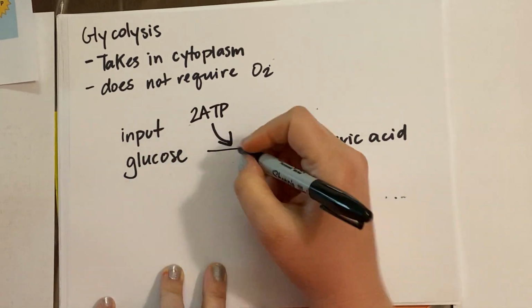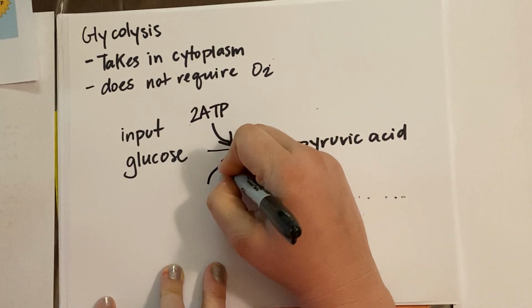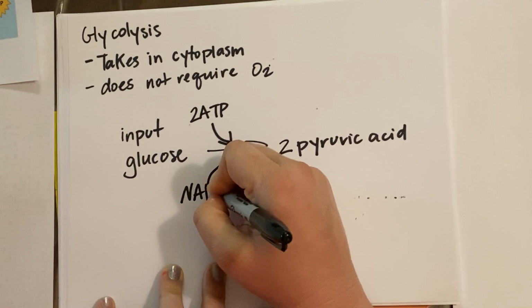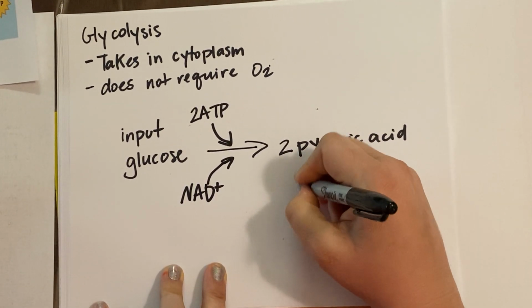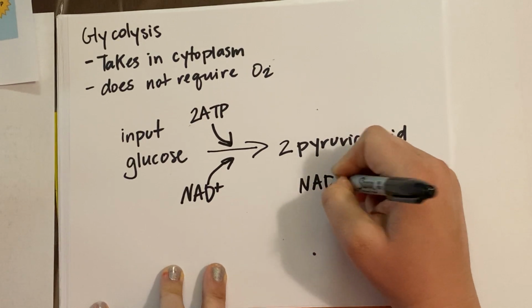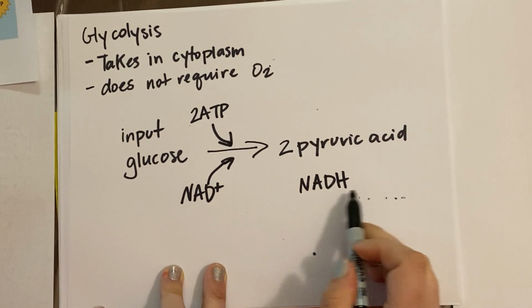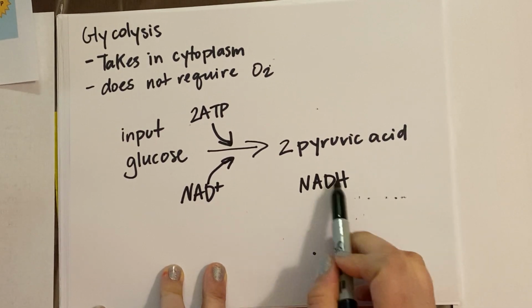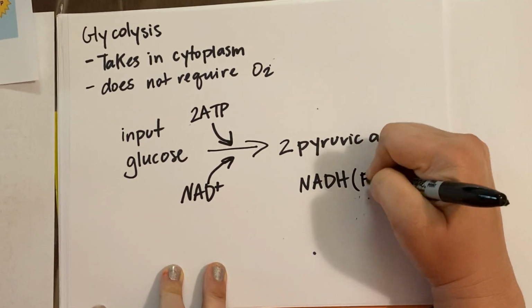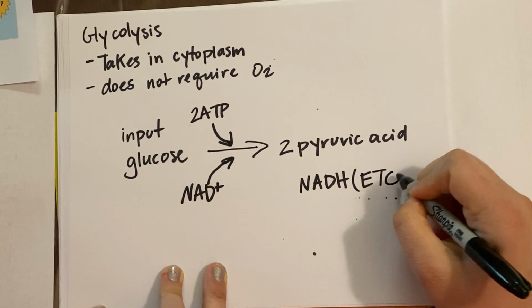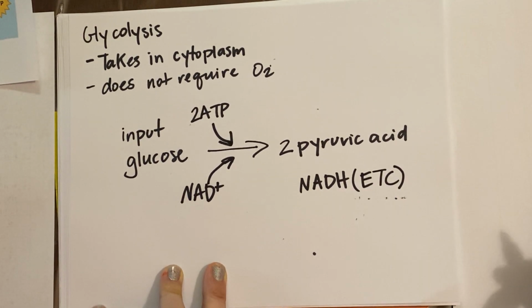We also are going to have NAD plus go into this, and at the end of it, we're going to have some NADH that is going to be produced. Okay, and so these are going to hold electrons. This will eventually go to the electron transport chain, and I'm going to call it the ETC,